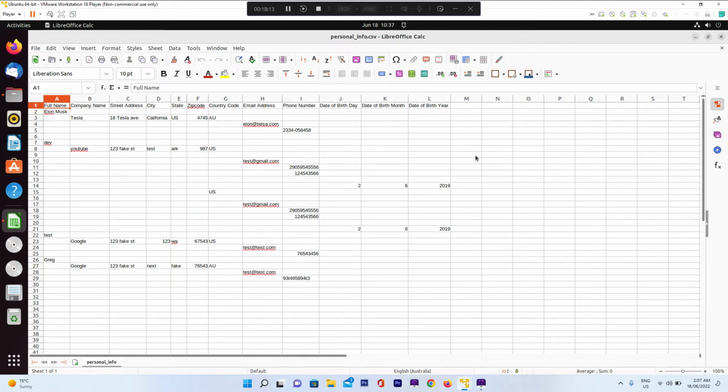Now there is a bit of a bug in the way this data is written to the CSV file. As you can see, it's on the next line here. That's basically because I've got multiple functions and I haven't figured out how to fix this yet. So basically you just have to move the email address and phone number to the next line above to match it, and do the same with company name on the top row, and do the same for the other ones that have been mismatched. I'll fix this bug when I have some more time,